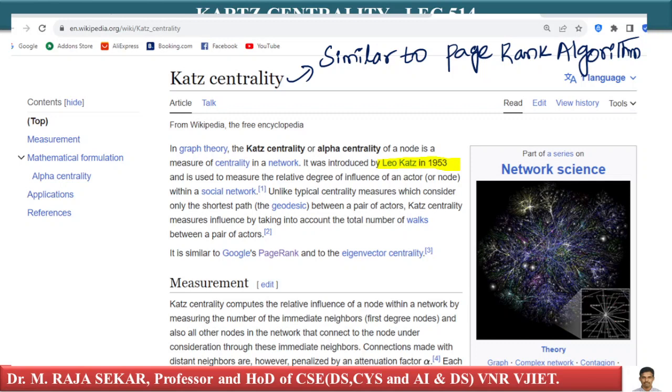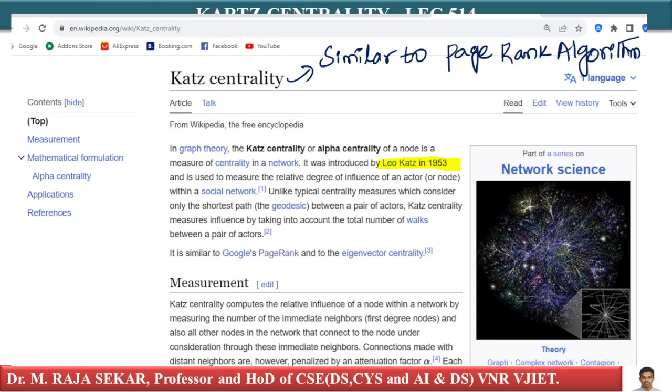In a nutshell, suppose you have a social network of people influencing other people. Katz centrality says to evaluate how important a person is, to measure the influence of one node or one person,